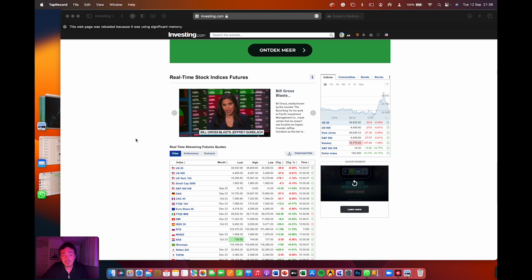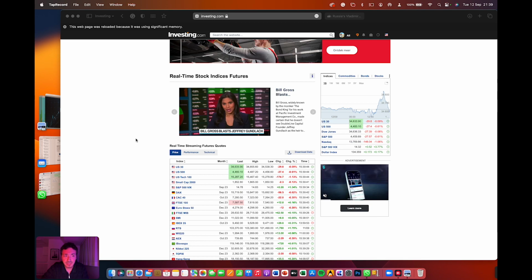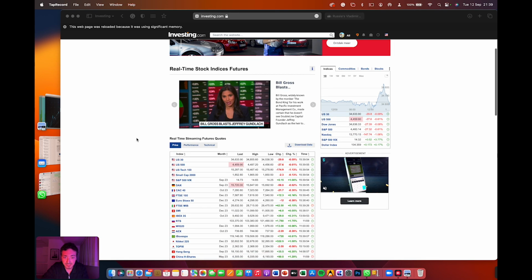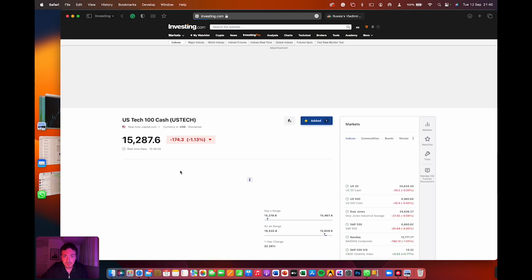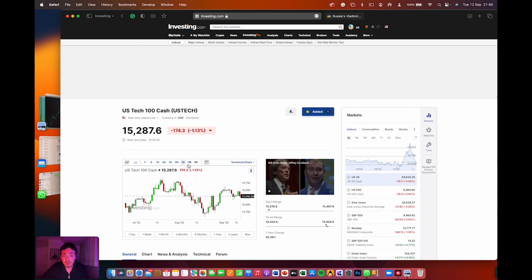As the NASDAQ is the most volatile index, I will explain this every day at the end of the session, close to 10 p.m. Netherlands time. We have 20 minutes left until closing, so it's almost the end of the day, and the NASDAQ is down 1.13%, while the S&P is down 0.61% and the Dow Jones is almost flat for the day. So let's dig into the NASDAQ, which is the index I trade most often, which is also very volatile,